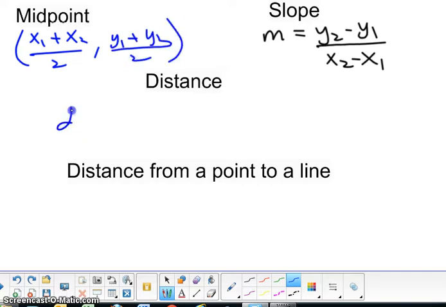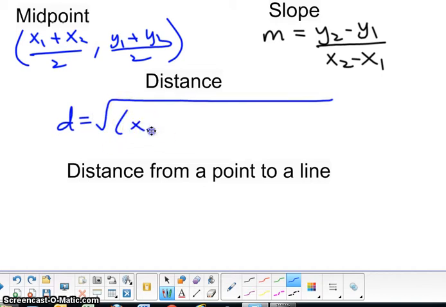Okay, the distance formula is the square root of x2 minus x1 squared, and then y2 minus y1 squared. Order is important with slope and midpoint and distance, so make sure you are doing them in the same order, like x2, x1, don't be switching that up. Okay, leave it as y2 minus y1. And then the new one that you're going to see today,